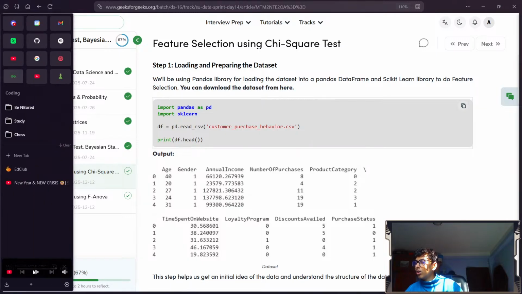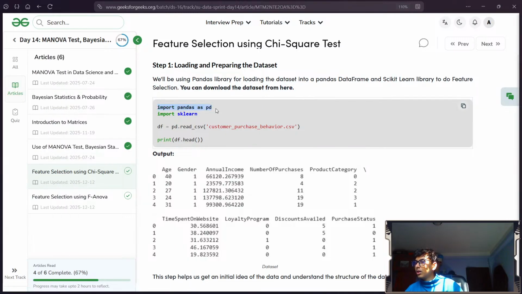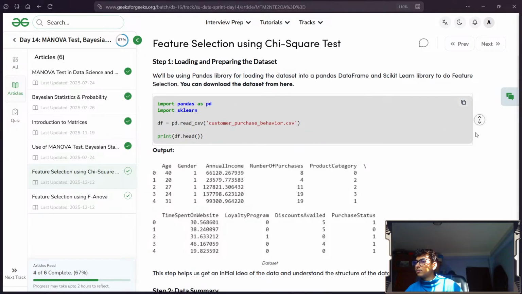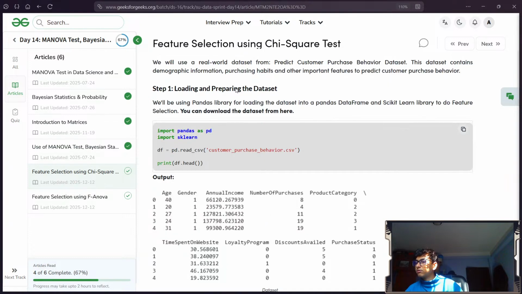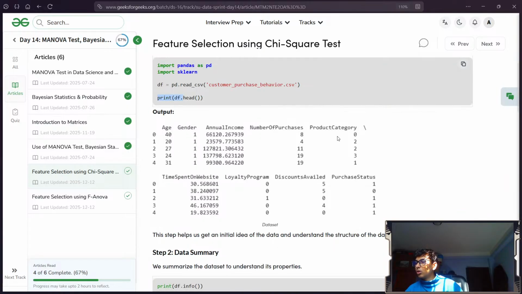We have already downloaded that, and import pandas as pd, import sklearn, and pd.read_csv will read the CSV file that we downloaded, and we will print the data frame head. Okay, so we'll print this. Output will be these. These are the heads, meaning